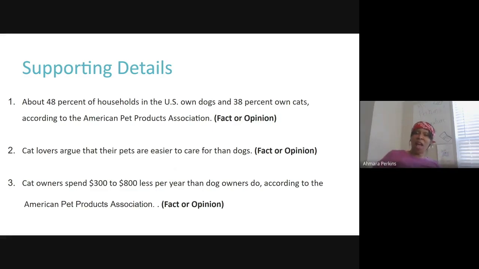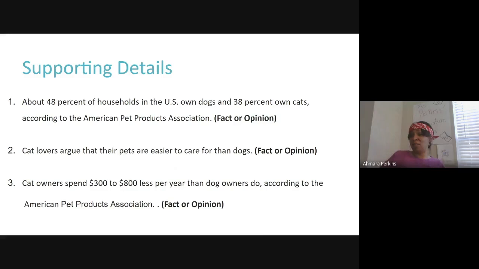Number 1: About 48% of households in the US own dogs and 38% own cats, according to the American Pet Products Association. Let's see what clue words we can find. I see 48% of households in the US. I see 38%. I see according to the American Pet Products Association. So I can say that this, without question, is a, drumroll please,